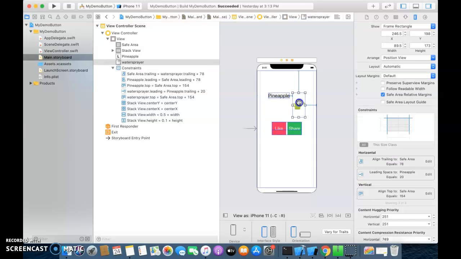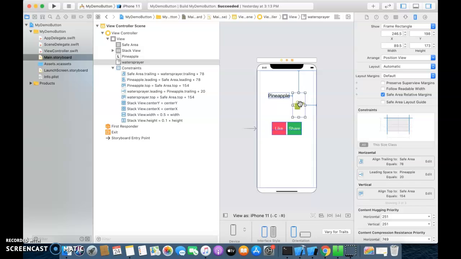So this is what the content compression resistance priority is. It resists the compression of a view to less than the intrinsic content size. In both the properties, content hugging priority and content compression resistance priority, the intrinsic content size plays a major role.